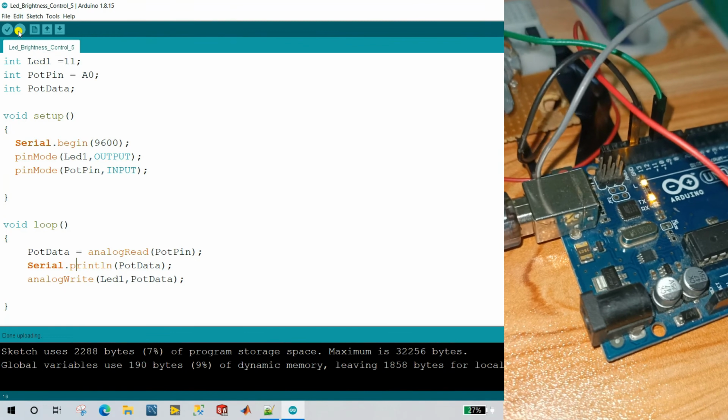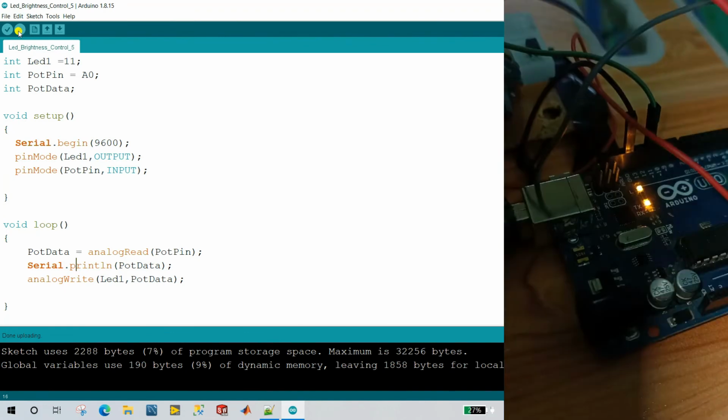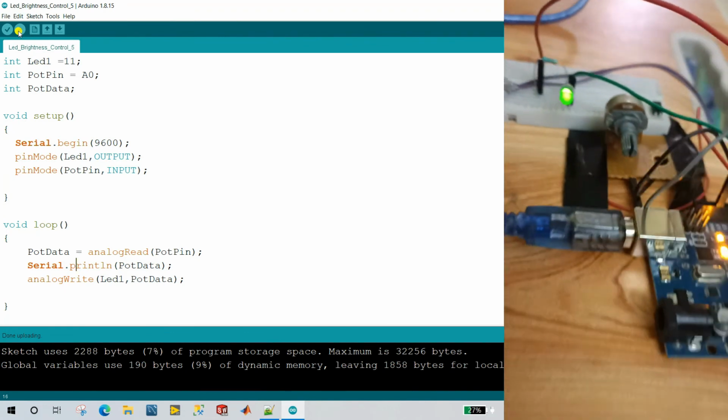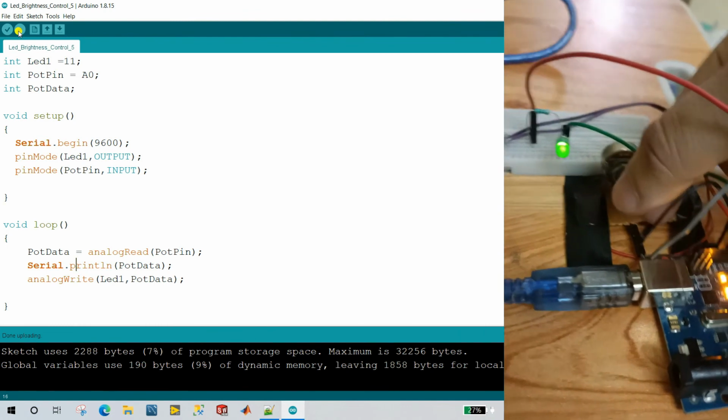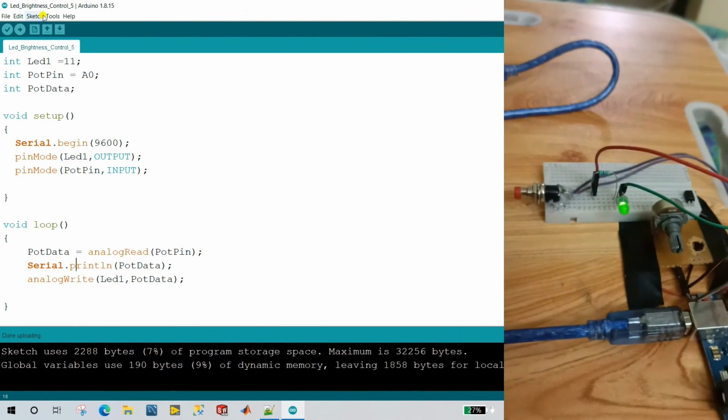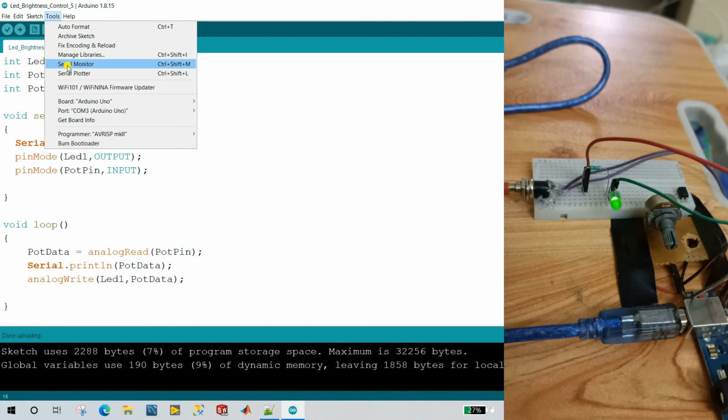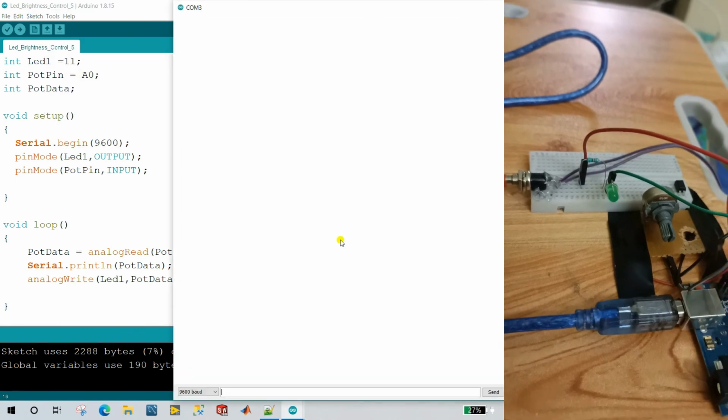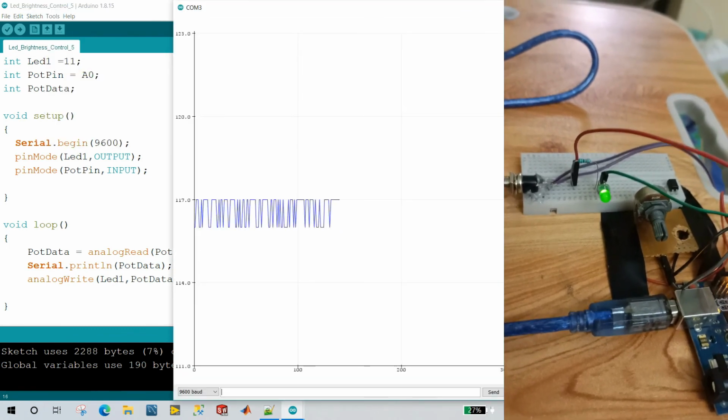Now let's change the potentiometer range. First, go to Tools and choose Serial Plotter. This is your plotter.